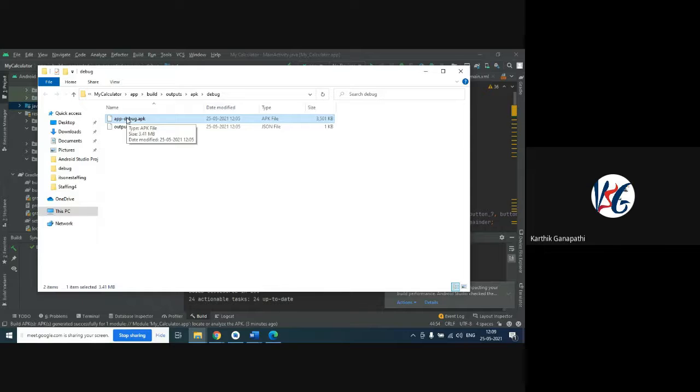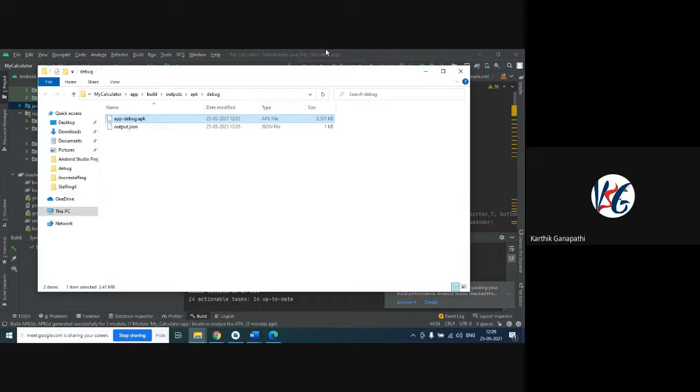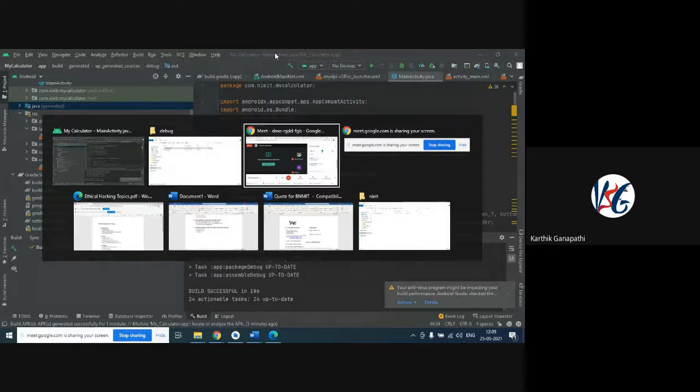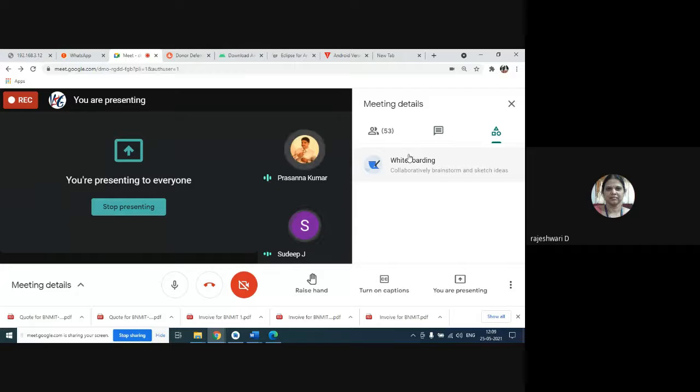Just copy this, and I will provide it to you in the Google Drive link. Let me check. I think it is not possible to share any file in the meeting. Is there any option to share files here? Nagendra, sir?